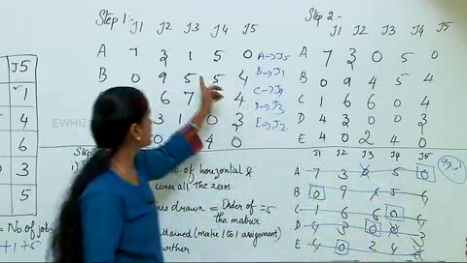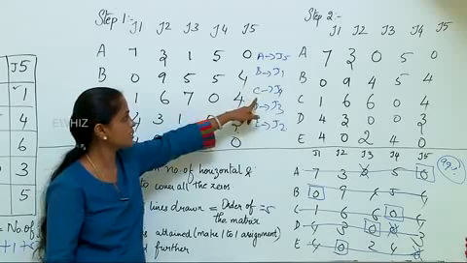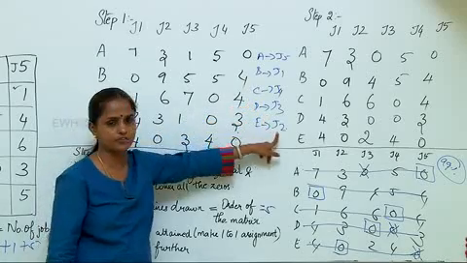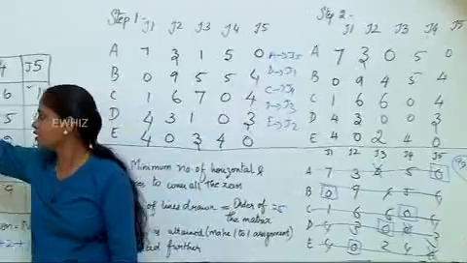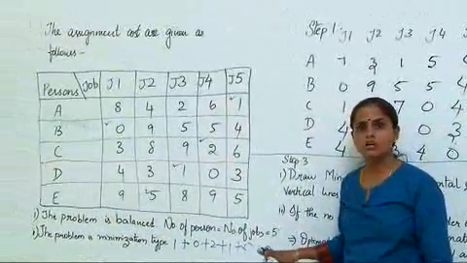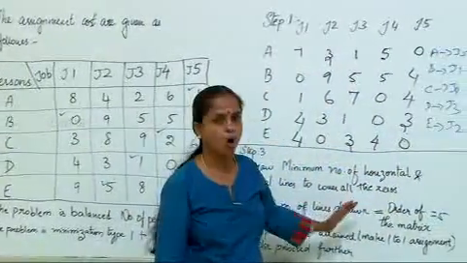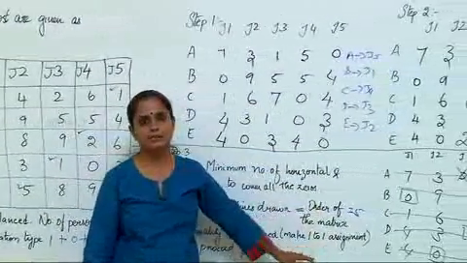So now that we have identified the schedule, the one-to-one schedule is this: A to J5, B to J1, C to J4, D to J3, E to J2, and from the problem I have picked out the costs and calculated the cost schedule. So this is the Hungarian algorithm, and you can proceed with this method to find the optimal solution for any assignment problem.